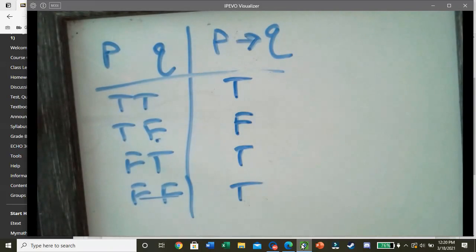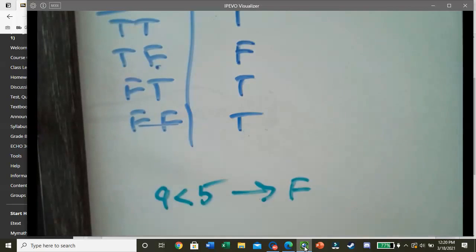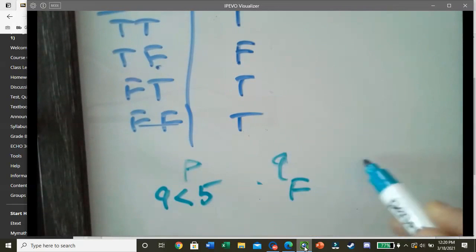One more? Yeah. Sure. Okay. Now this one here, 9 less than 5, right? If 9 is less than 5, is that true or false? So we want to know, is this true or false? So basically, 9, this is P and this is Q. If P